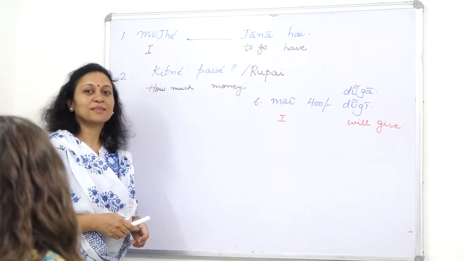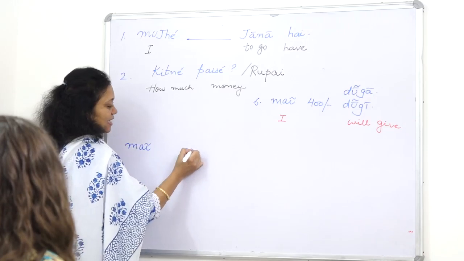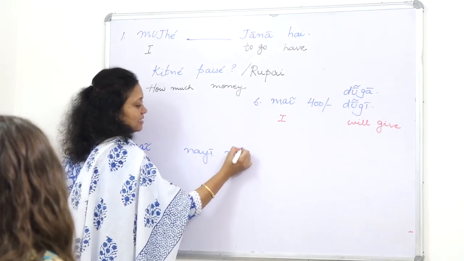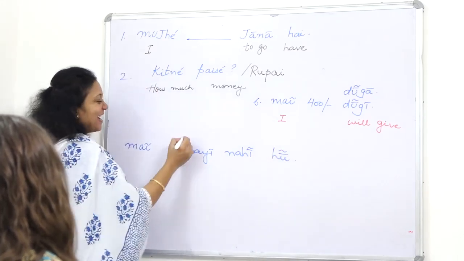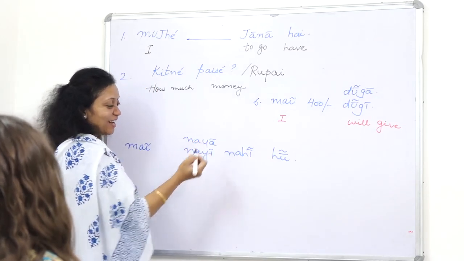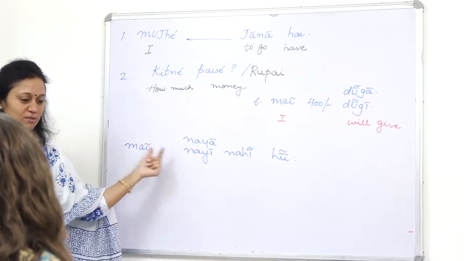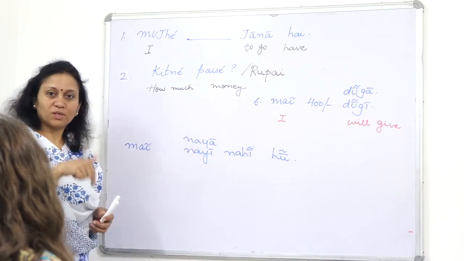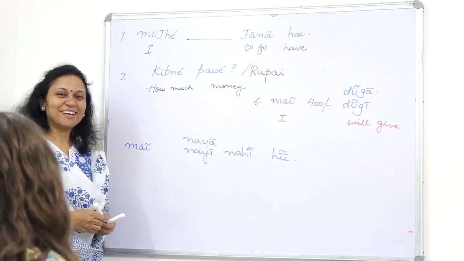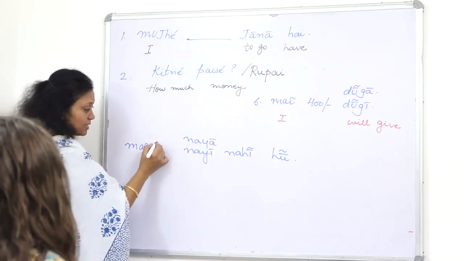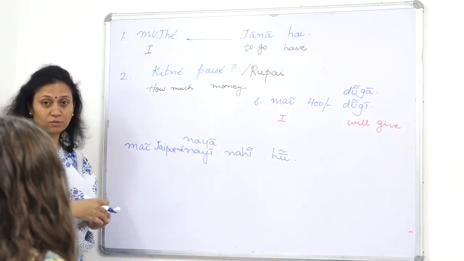Naive. Very nice. So you say, मैं नई नहीं हूँ. And if it's a boy saying, he would say, मैं नया नहीं हूँ, right? But then you have to say here. I'm not new here. What's the word for here? Here, in Jaipur, in India. Jaipur, can I just say that? Oh, why not? You could very easily say मैं जयपुर में नया नहीं हूँ. I'm not new in Jaipur.